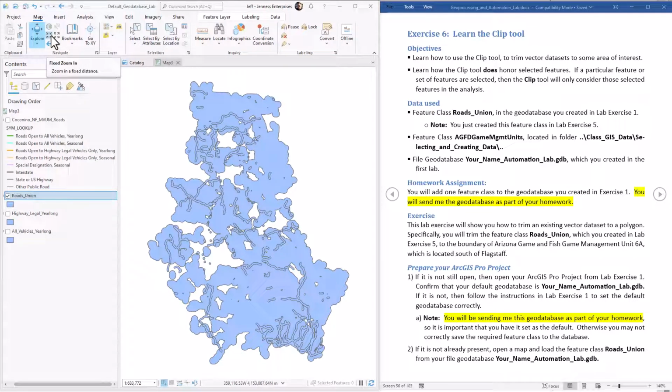Welcome to our 6th lab exercise on geoprocessing tools. Here we'll test out the clip tool that'll act like a cookie cutter to clip out a bunch of our roads union feature class into a particular game management unit polygon. If any of you are hunters in the Flagstaff area, this is game management unit 6A, which is just south